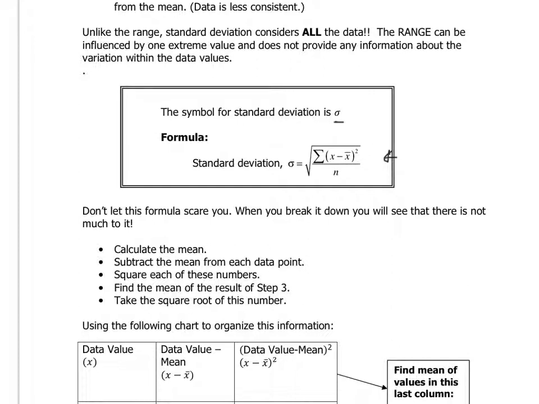So if we go back up to the formula, this symbol right here that I'm circling now just basically means the sum of all the data values, the difference between the data values and the mean. When you take all those, you add them all up. That's the sum of all those squared numbers. Alright, so let's just try